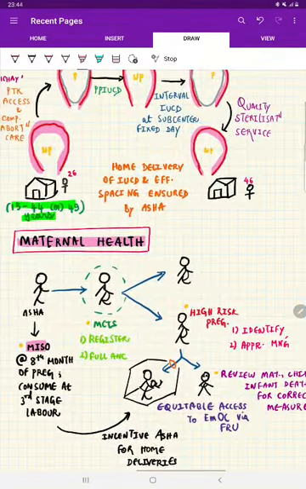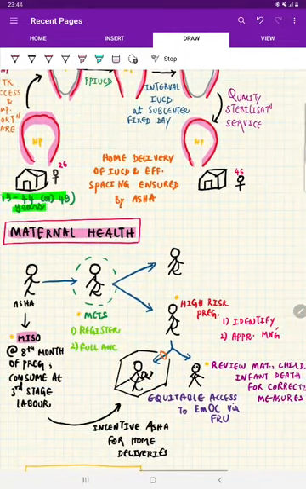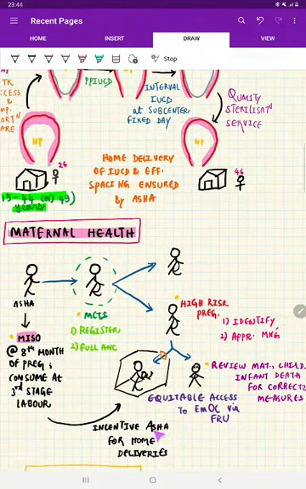And apart from that, in a village where there are more home deliveries, misoprostol tablets are given to the pregnant woman at the 8th month of pregnancy, and she has to take it at the 3rd stage of labor. This is all given by the ASHA worker, and there should be an in-situ ASHA for home